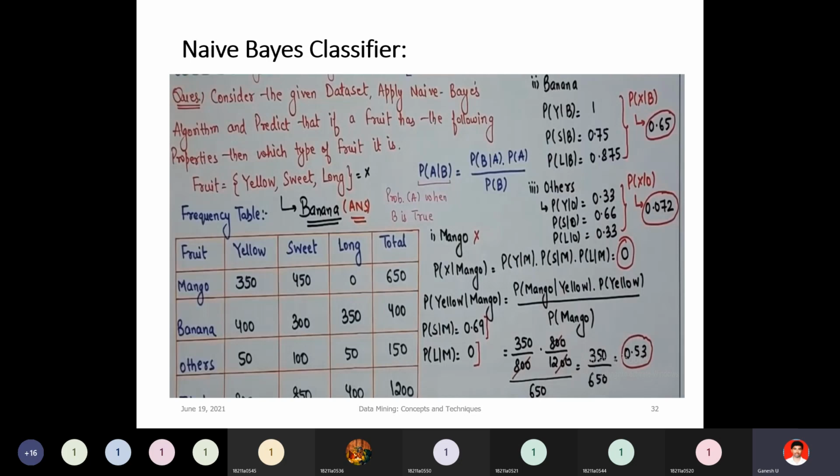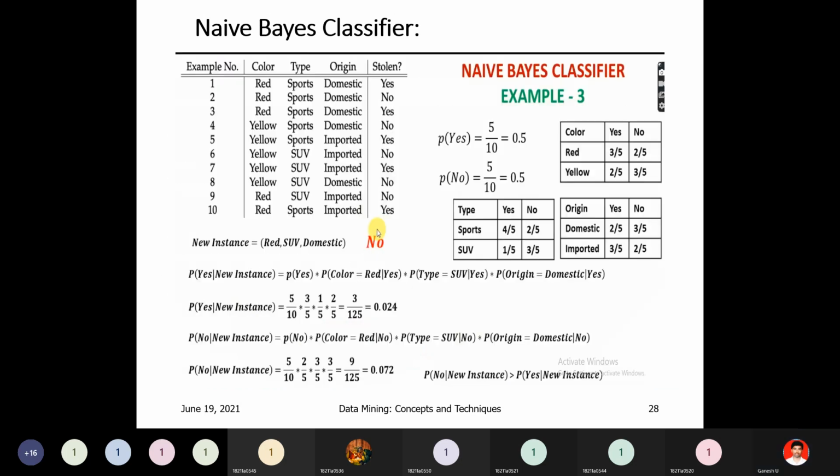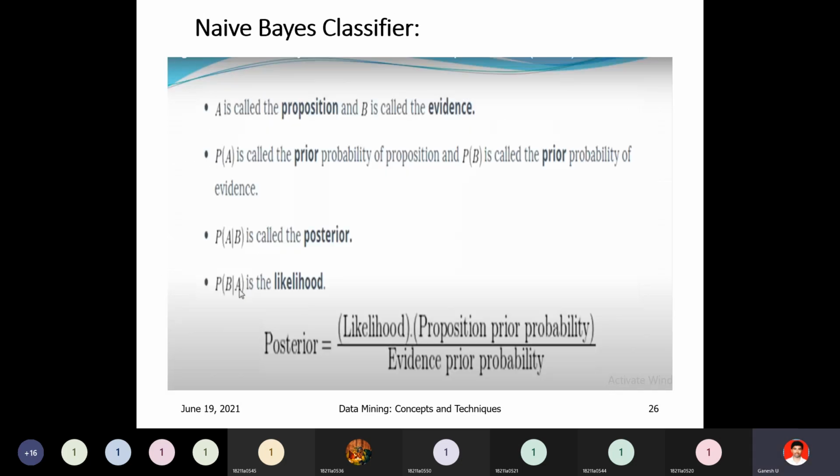So here it is clear. In the last slides also we have seen the probabilities. Once you observe Bayes theorem, I prepared these slides so that you can easily understand. Posterior probability equals P of A by B. After B is given, what is the probability of A? That is the posterior probability, which equals P of B by A, the likelihood probability, into P of A.